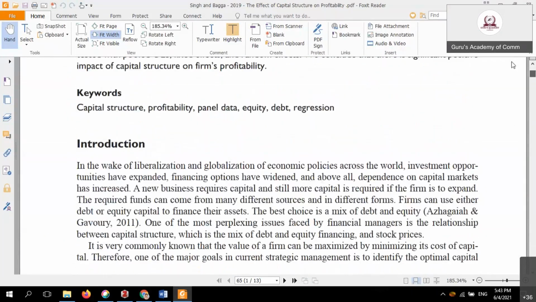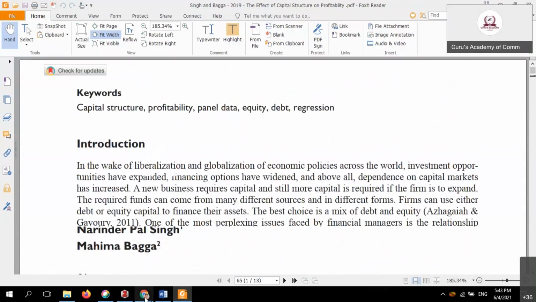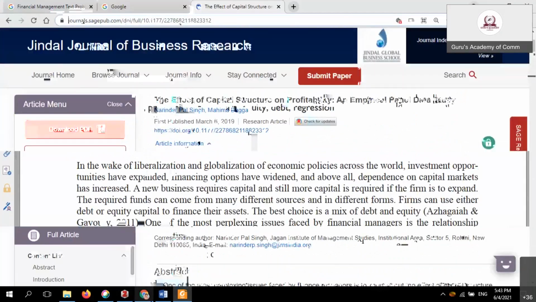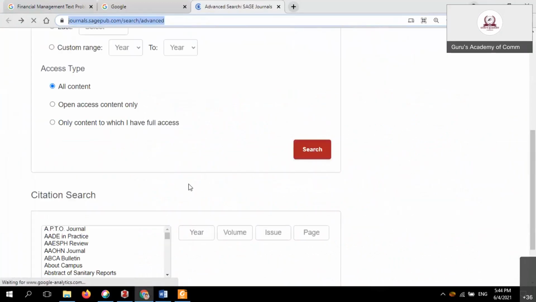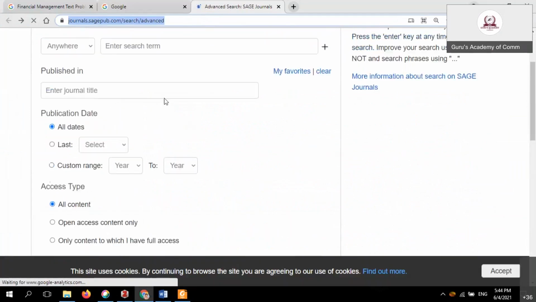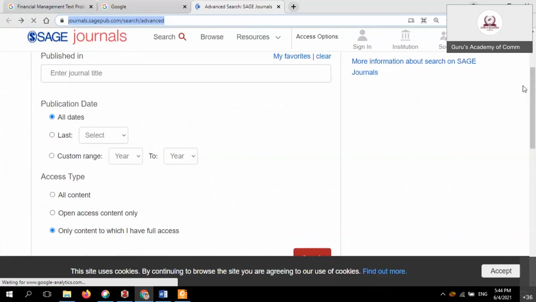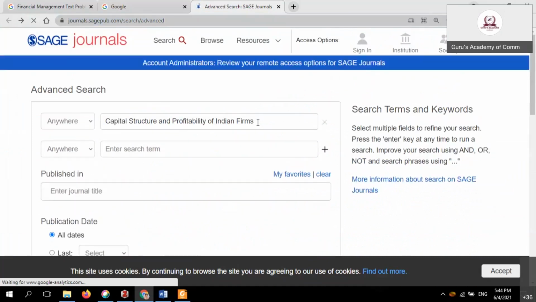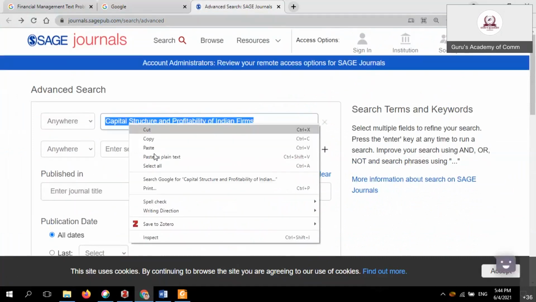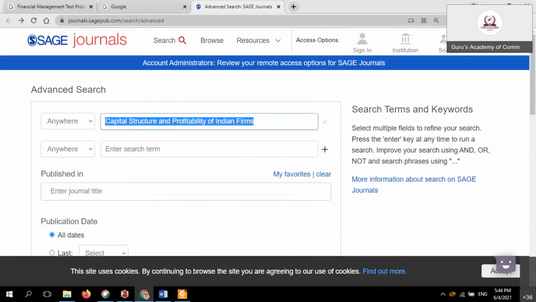Okay, again we will do the same thing. What is the importance here? Now I go to any particular journal and find any one theme. If I have that theme, make it for the collection.